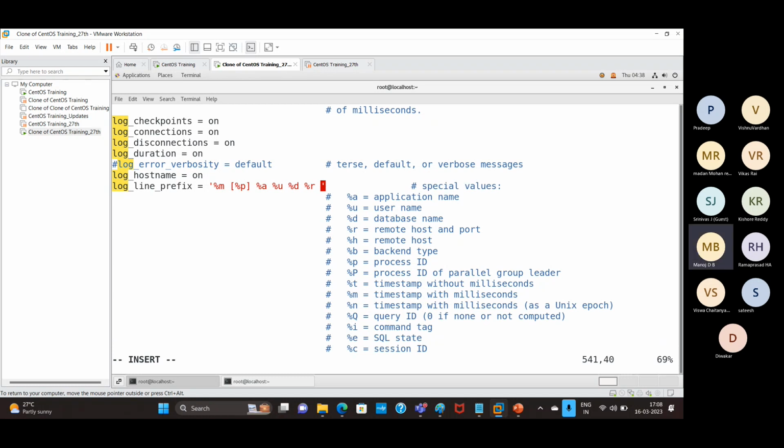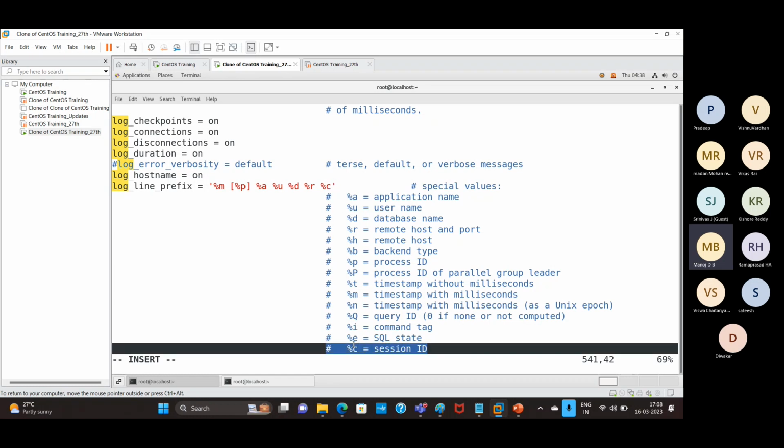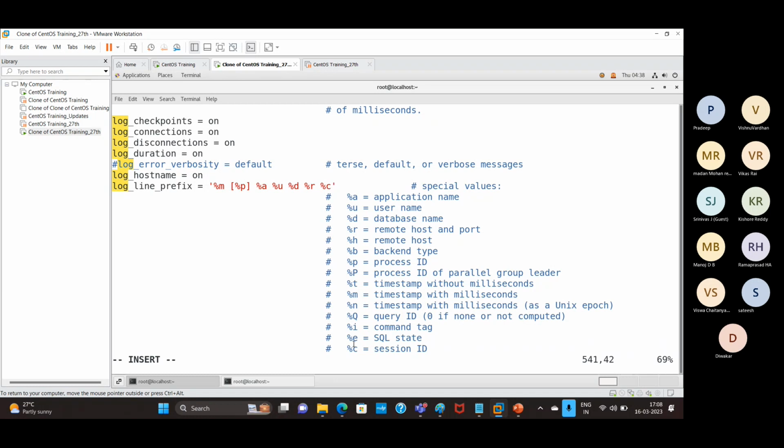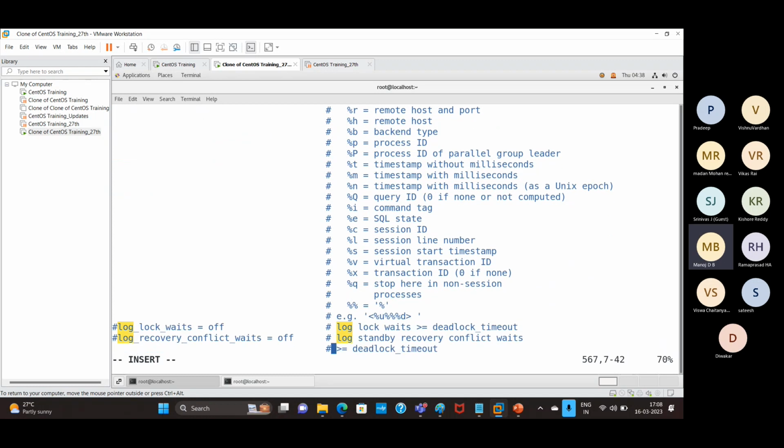If you want the session ID, which session he or she is connected to, we need to specify percentage c. So now here I'm going to